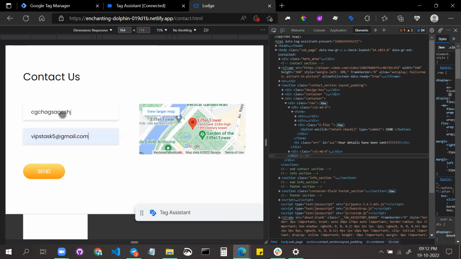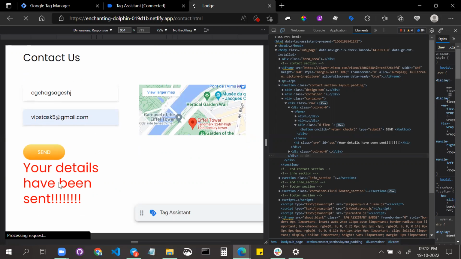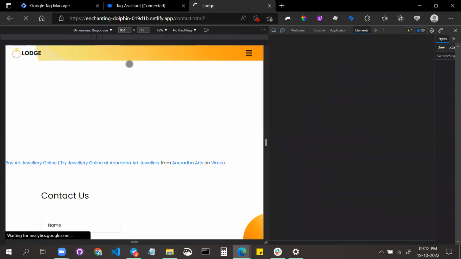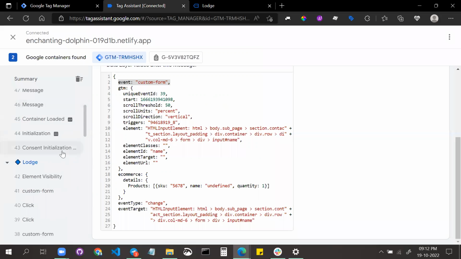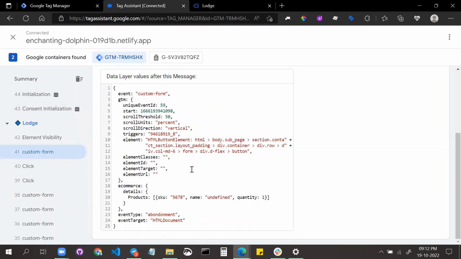So if I pass a random email here and send this value, you'll see the details have been sent. And if I go back to my custom form,